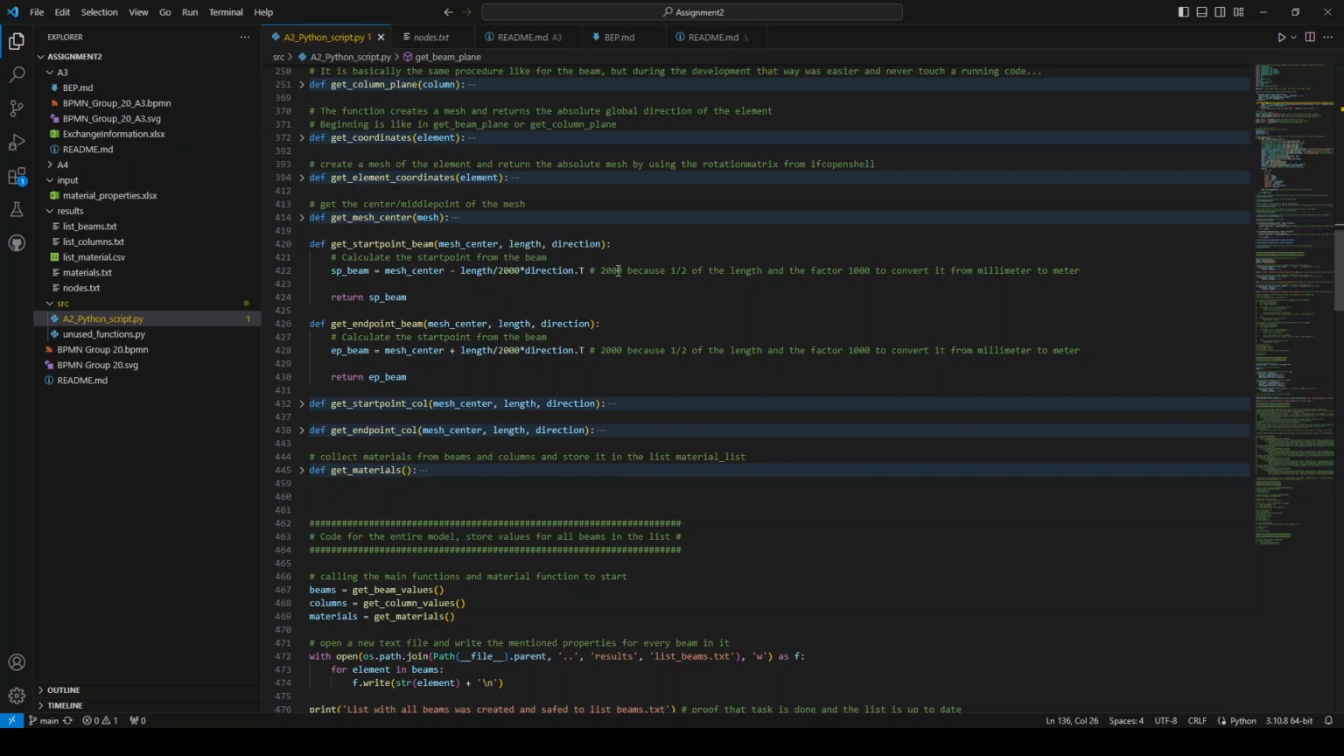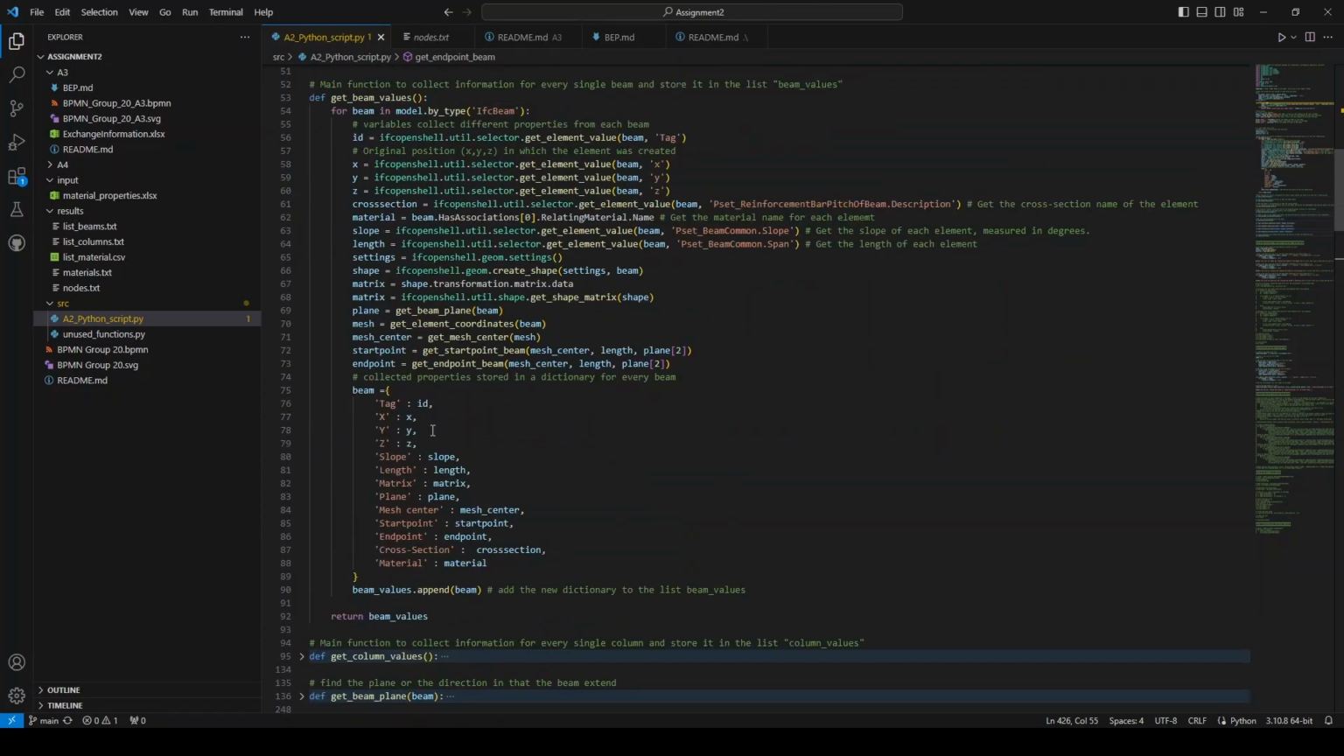We need 2000 because the first factor, the 1/2, is to get the half of the length, to go from the middle point of the mesh to the start or to the end. And then we need the factor 1000 to convert it from millimeter to meter, because the mesh coordinates are in meter, but the length that we get from IFC OpenShell is in millimeter. And then we do the same for the endpoint. We just say plus instead of minus. And now we have everything collected,